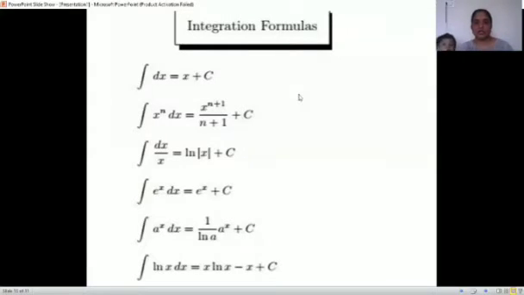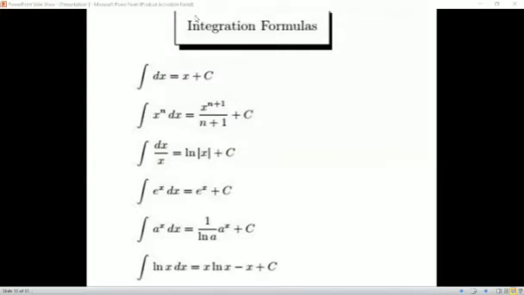Okay, till then you can see the formulae of integration. So integration dx is x, and as there is integration, we have to add the constant of integration. Second, integration x raised to n dx is x raised to n plus 1 upon n plus 1. Next is integration 1 by x dx, or we can say whatever is the function here, if its derivative is in the numerator, then it is log of the denominator. That is integration dx upon x is log x. Then integration e raised to x is e raised to x.